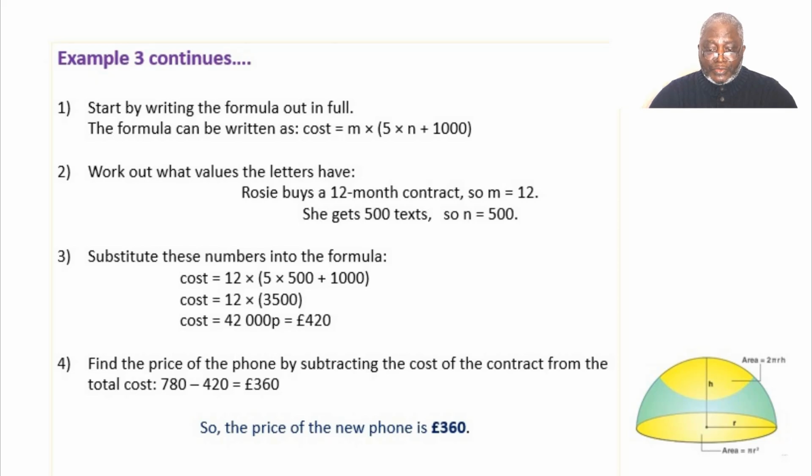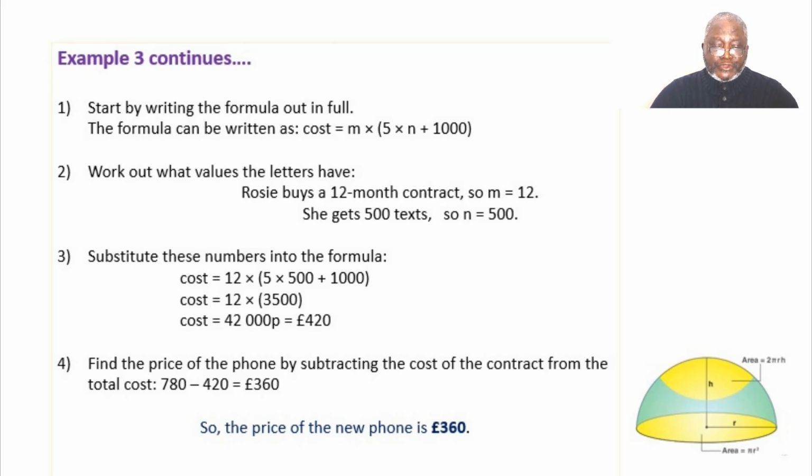With that, you substitute the numbers. Substitute these numbers into the formula. Cost is equal to 12 times, open brackets, 5 times 500 plus 1000, close brackets. So cost is equal to 12 times